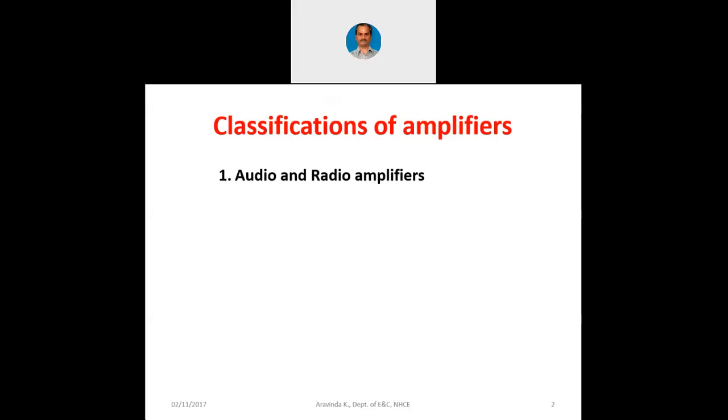There should neither be amplitude distortion nor frequency distortion. There should not be a clipping of the signal as well. Clipping itself is actually amplitude distortion also. So that way, the design of an audio amplifier is also not an easy task when it comes to high